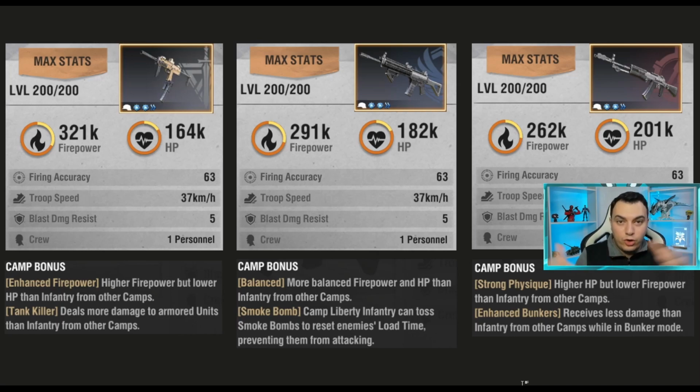So if you're fighting for longer periods of time, eventually you're going to actually pass the Vanguard infantry in terms of damage output. And this is actually something that we have seen in tests when we tested it against MBTs, against helicopters, against other units as well, that this specific unit outperformed the Vanguard camp. And the reason for that is because of these smoke bombs. Over time, they allow you to deal more damage and take less damage. So overall, Camp Liberty is definitely going to be taking the lead for me,